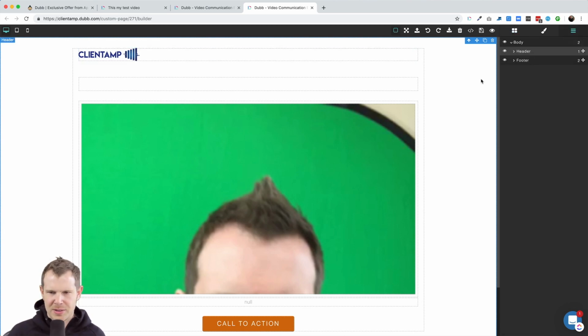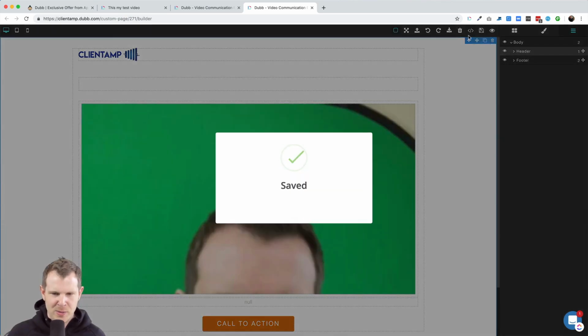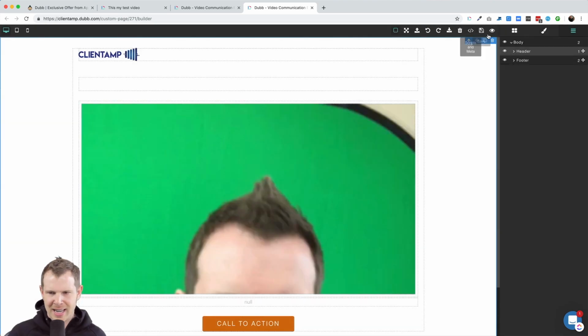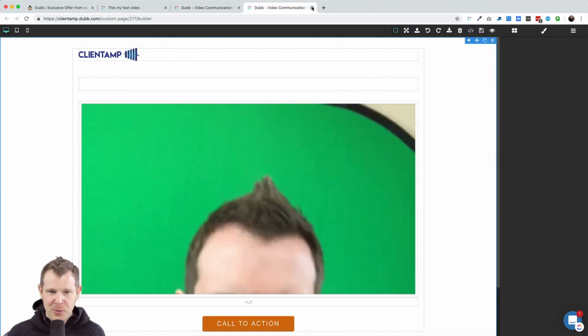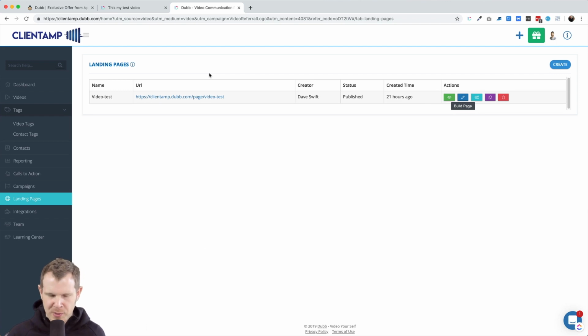Not to be super negative, but I don't see the value here. I don't know how to get out of the builder without saving too. That's kind of a weird thing. I hit save. And actually, no, even here, I don't know how to get out of the builder. So a little bit of a gap in the user interface is like, there is no way out of this. So I'll just hit, actually, you know why? They just open a new window. So it still would be cool if they had a way to kind of exit out of that without